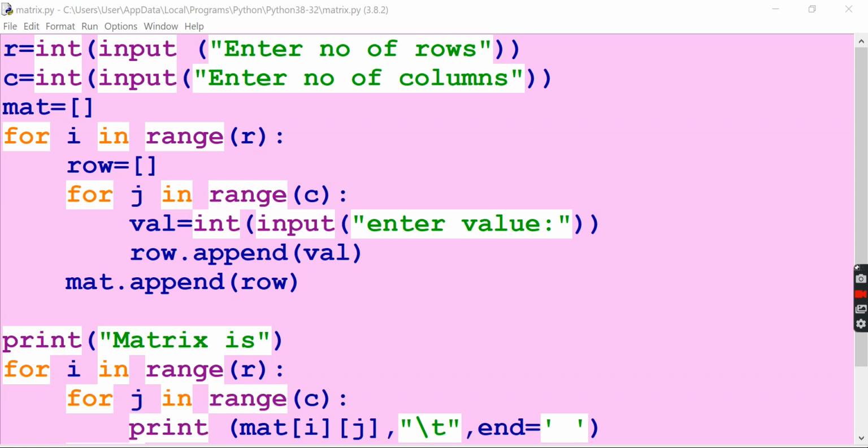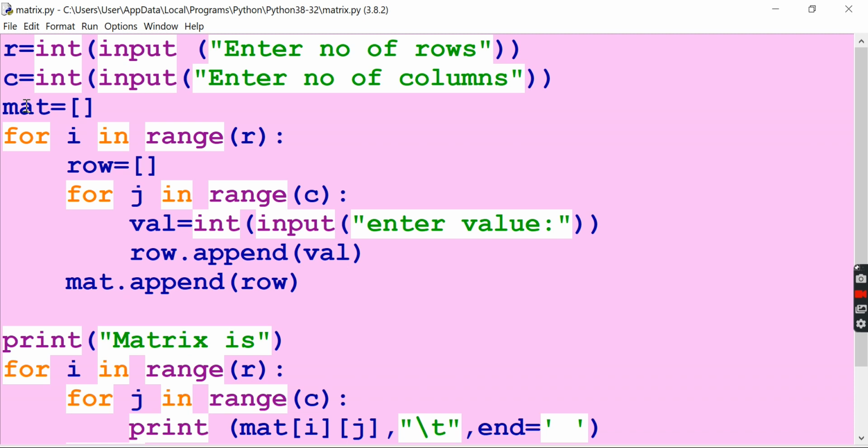Today we are going to see the continuation of the last video, on how to create a matrix. The matrix has rows and columns. So you are just asking the user to enter the number of rows in that particular matrix, and the number of columns has to be given as C, and they will be taken as R and C.